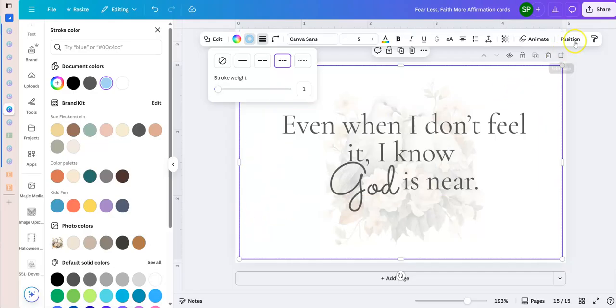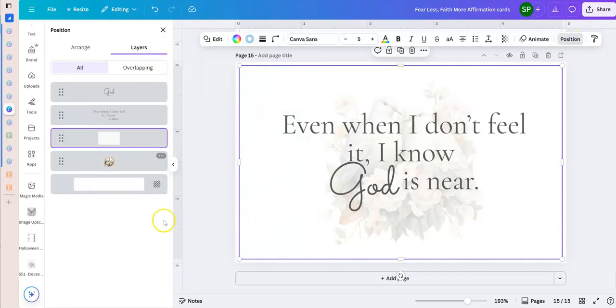But I just wanted to show you the layer panel because it really has sped up the time in creating this for me, because I want to put this into a bundle, and I just wanted to share that tip